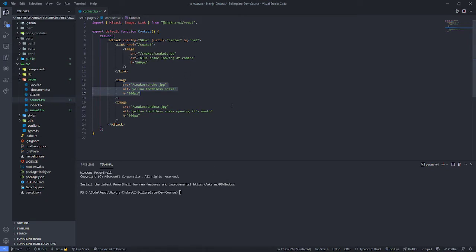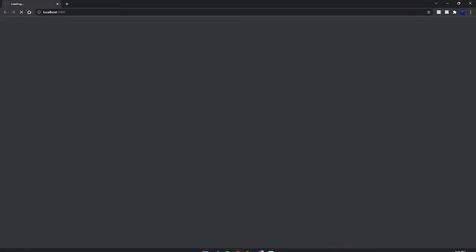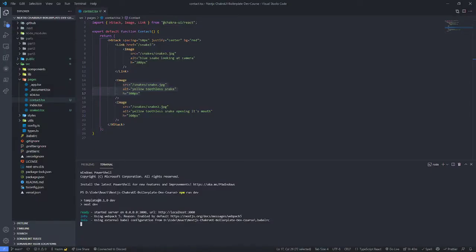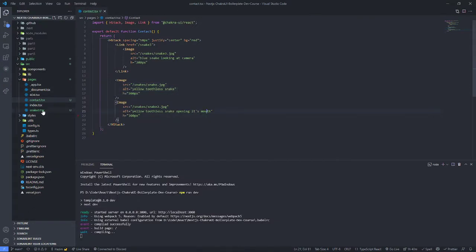So let me show you an example of why we would want to use a custom component, okay. So to run our server, we're going to type npm run dev. Okay, and we're just going to control click this localhost link, and it should pop up with this. Remember, again, that it does take a while to load up here. So I'm going to move this to my other screen, and I'll move it back when we're done, but